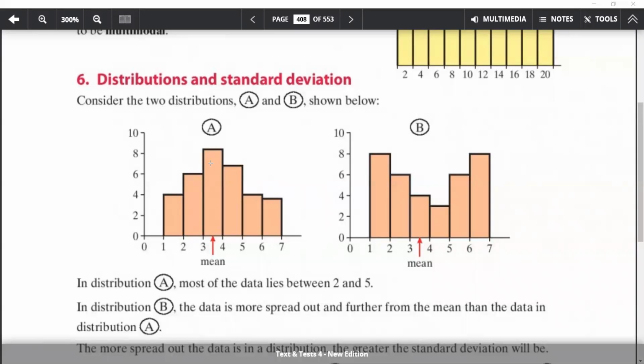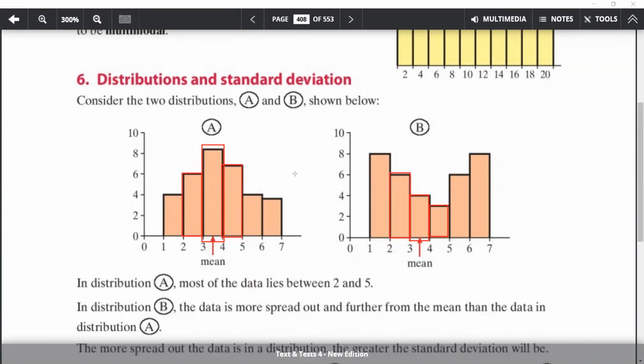Okay, well, an awful lot of your data is very close to the mean in this example here. All of this data here, that's 6 and 9 and another 7, those 22 people in this survey are very close to 3.5, but over here only 4 and another 3, 7, and maybe another 6, so only 13 people are close to 3.5. Most people in this case are very far away from the mean. So even though these two